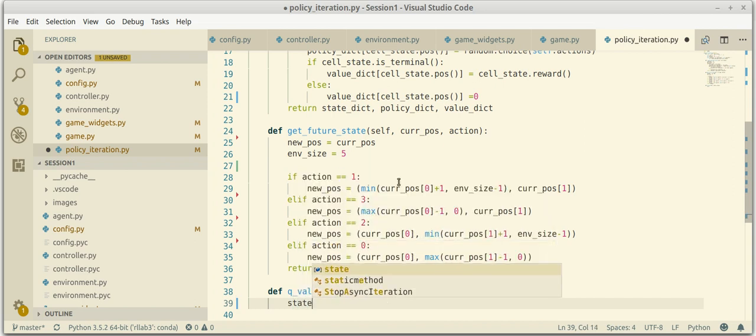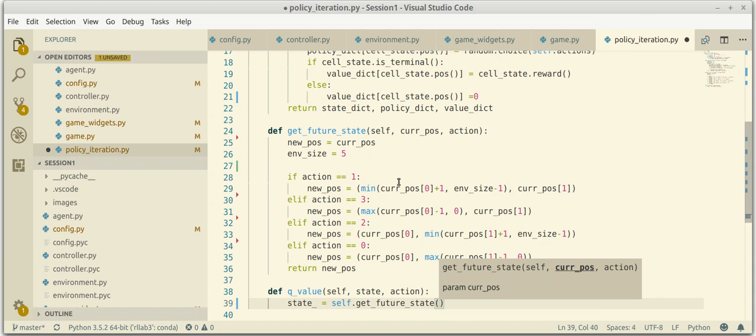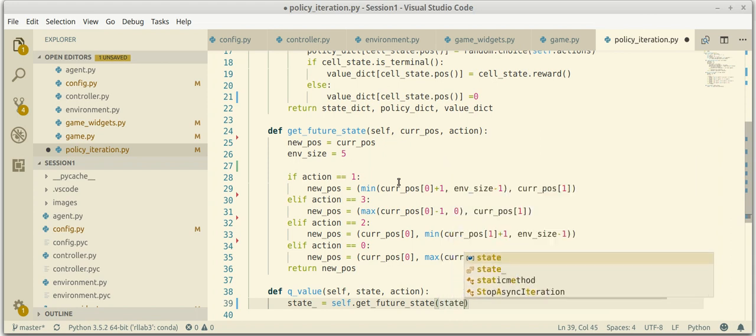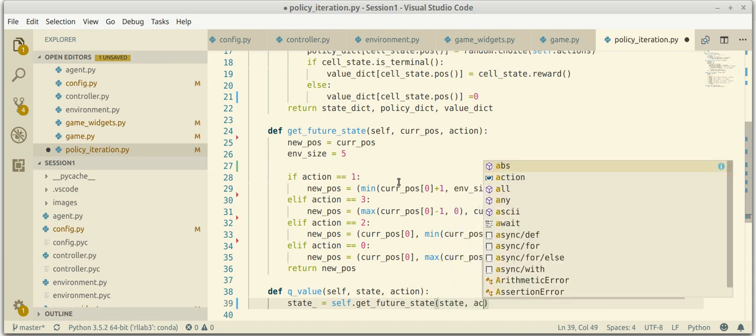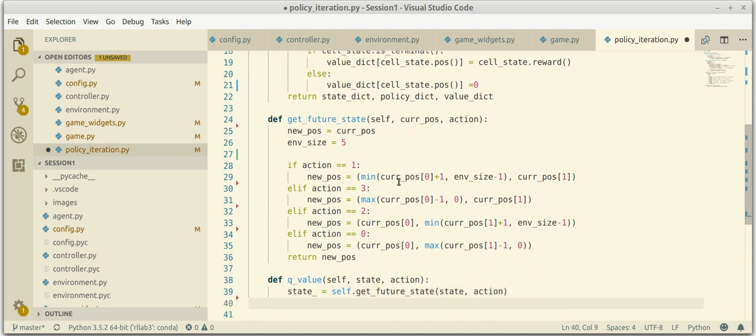So first of all, if I take an action, I'll end up in a new state, and this state is self.getFutureState, right? That's why we have that. And our current position is our current state, and our action is the action we took, right? So this is our future state, and the Q value is actually equal to